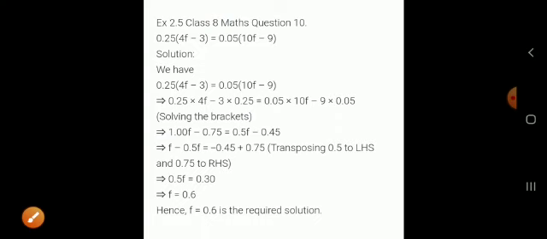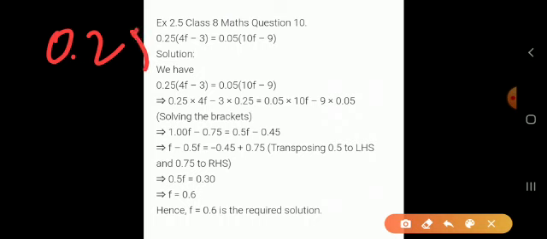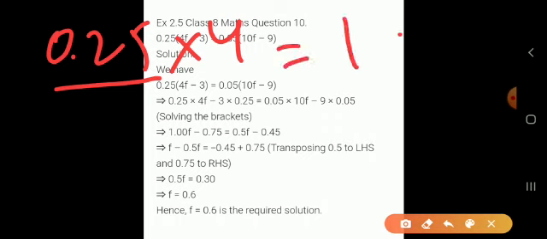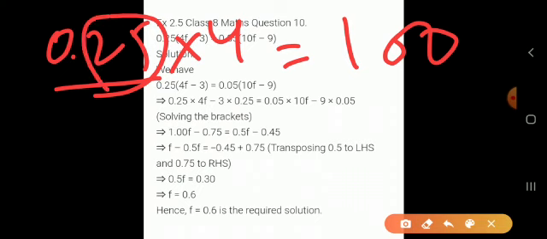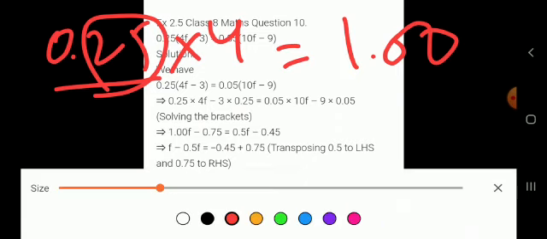Now the multiplication part is there. So 0.25 into 4. See, multiplication is easy. If we consider it without decimal, the number is just 25. 25 fours are what? It is 100. And how many digits are there after decimal? See, 2 digits are there. So in the answer also we will put the decimal in such a way that 2 digits are there after decimal. So it is coming 1.00. So 1.00 is equal to what? 1 only.